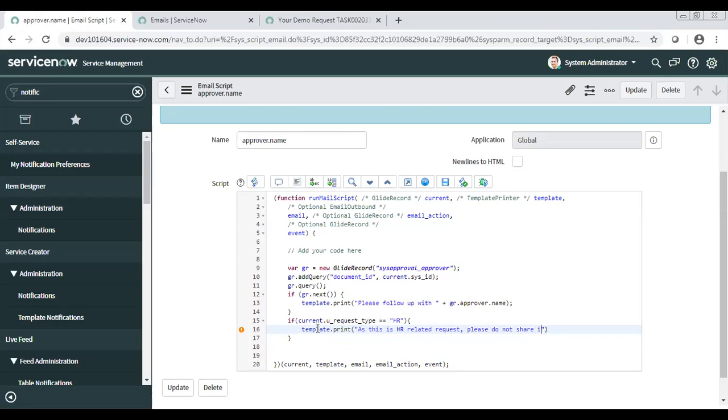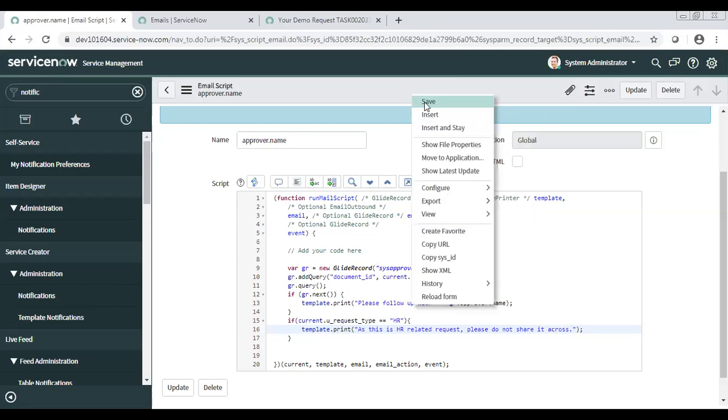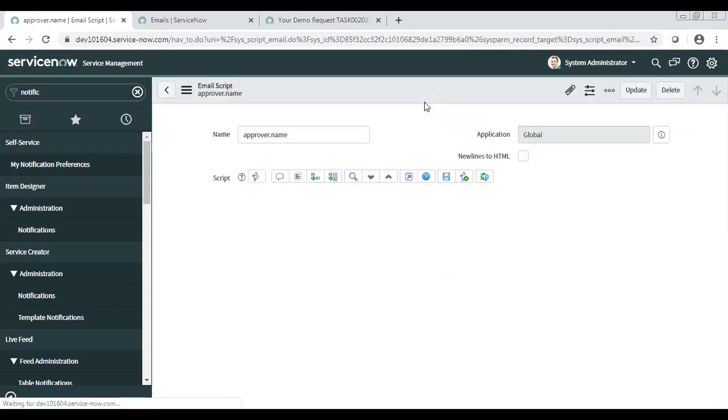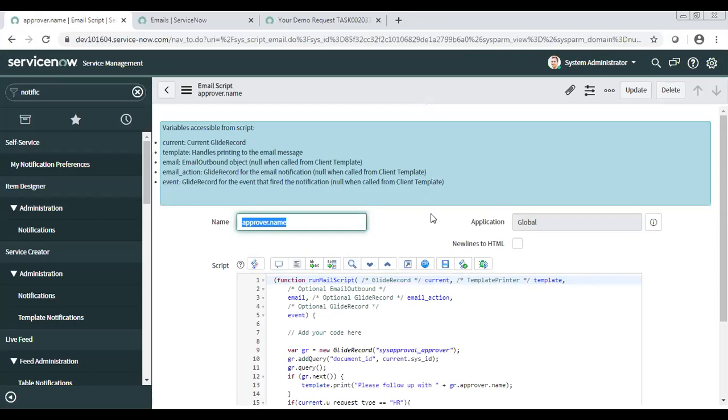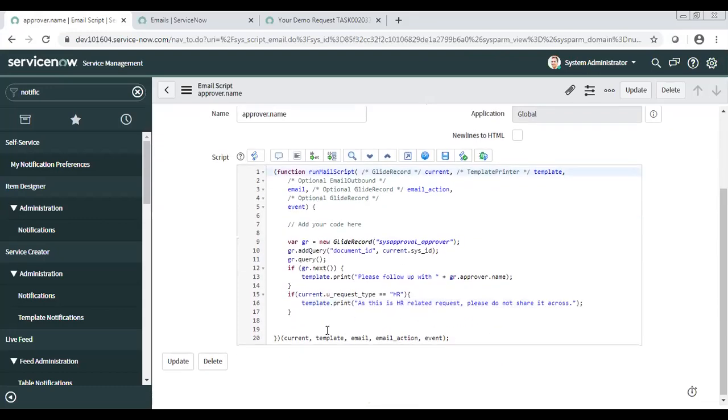Okay. So this will be enough, is it? Yeah. So this is what you will get, something like that. Wherever you cannot directly put the notification, you just want to get the data from something else, or you want to print this data for a particular condition only, otherwise it should not go. This is where you need to do the scripting. So that will always come through email scripting.